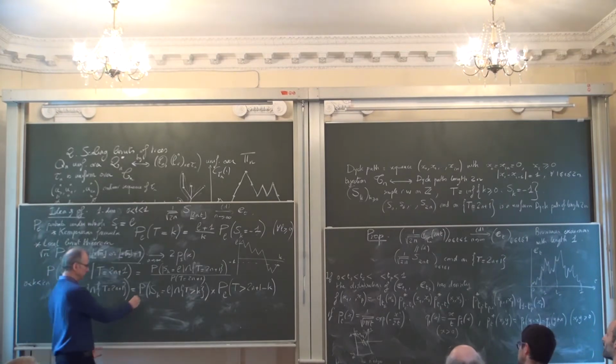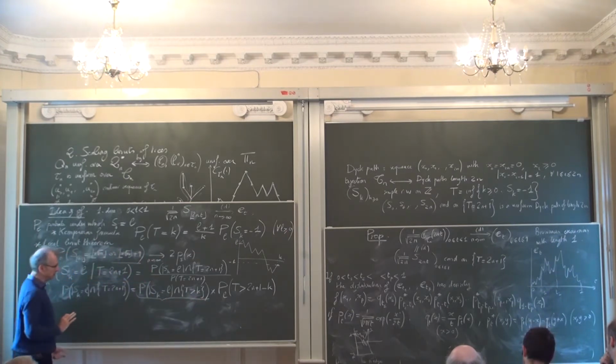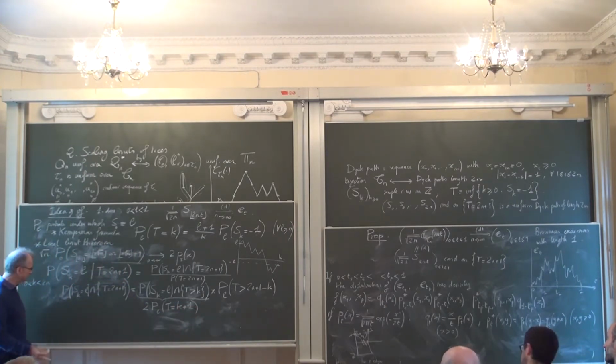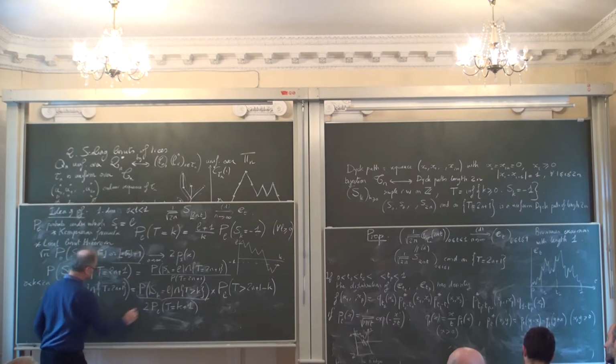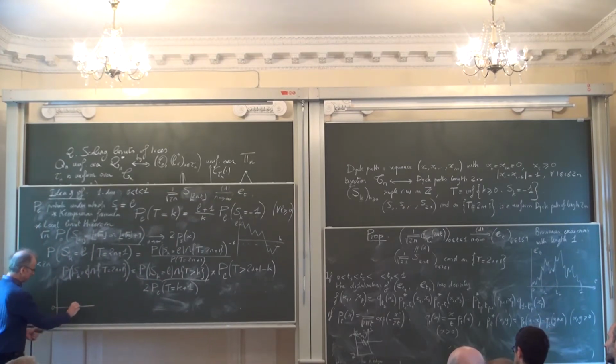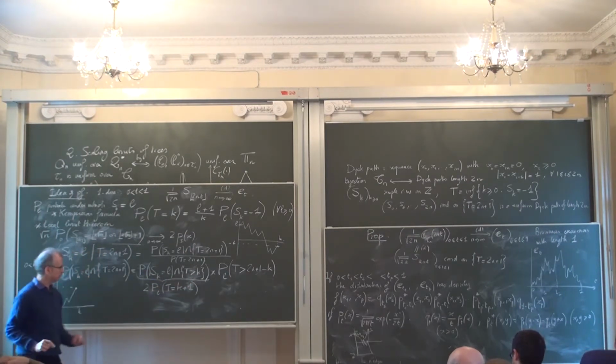And now, well, this quantity, I can rewrite it. It's the same as twice the probability starting from L that T is equal to k+1. Okay? So why is it true? Well, what is this event here? I start my random walk from 0. I want it, say, to be at L here, at time k, without hitting -1 before time k.